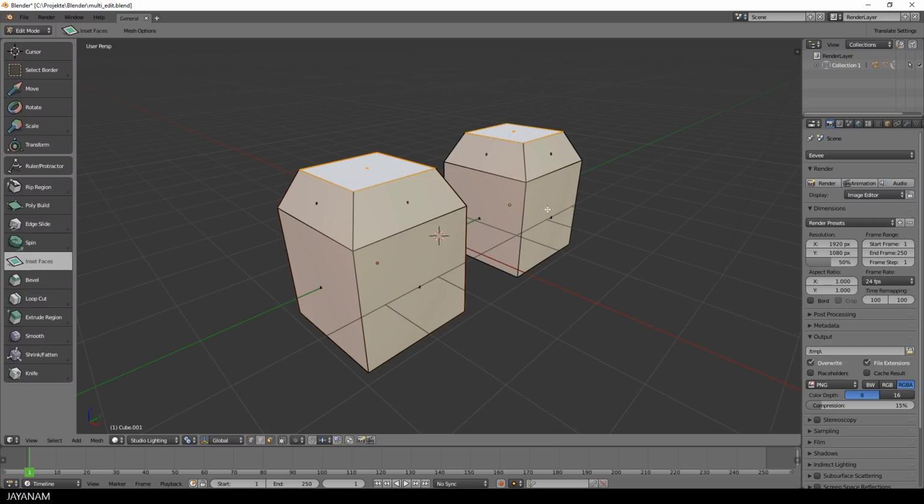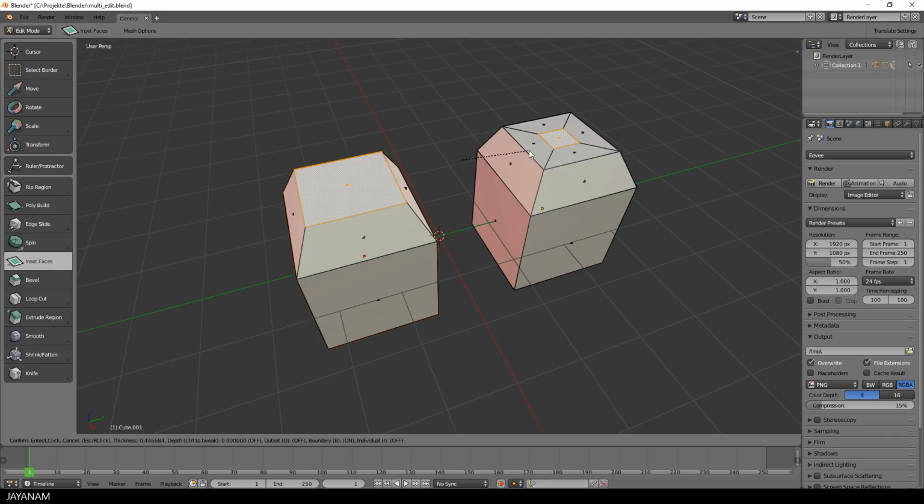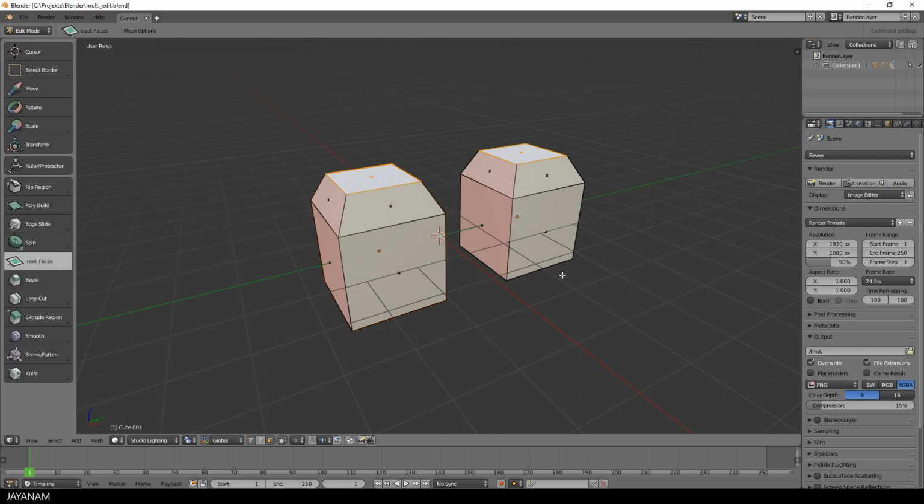For example, insert faces. Here I have selected two faces of two objects, but only the face of the active object is taken into account. The same applies for bevel or other operations. But it's a great start anyway, and what I also want to show you is the UV editing for multiple